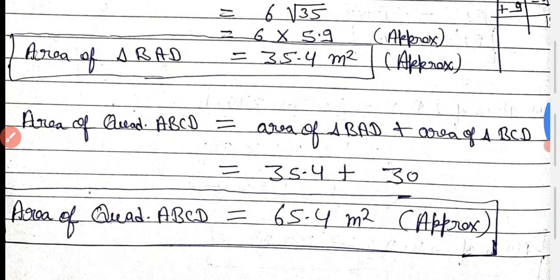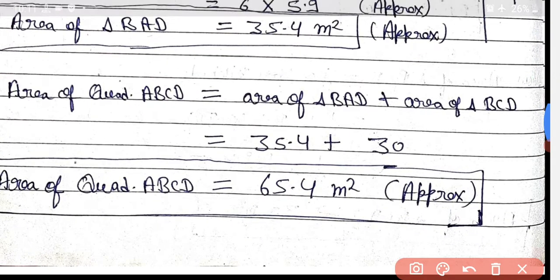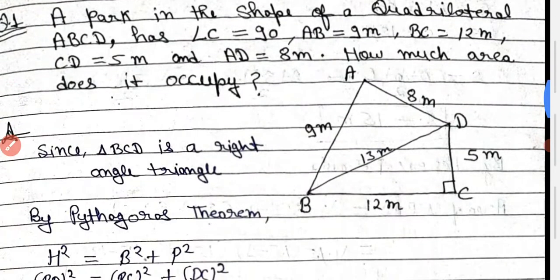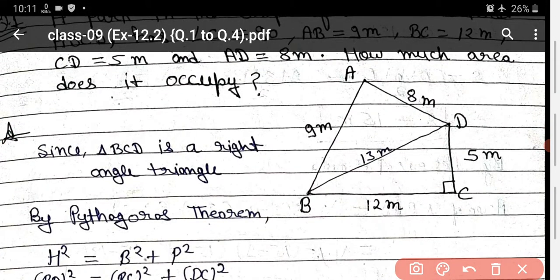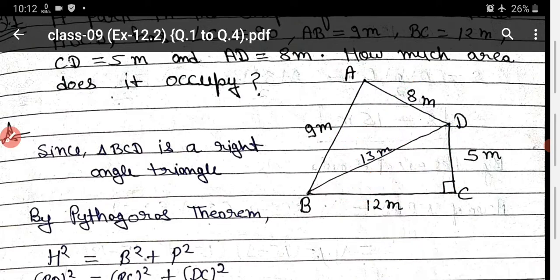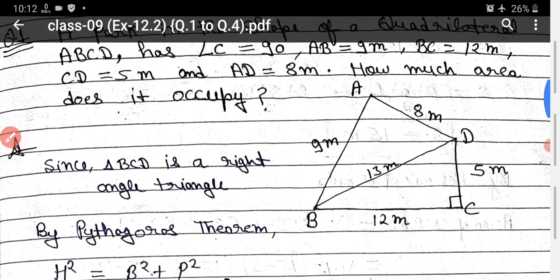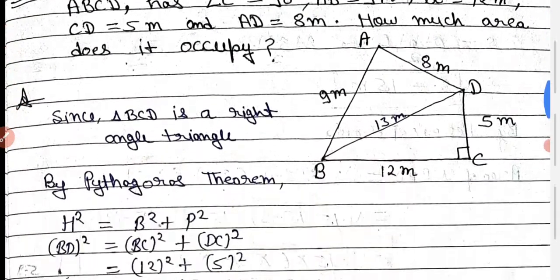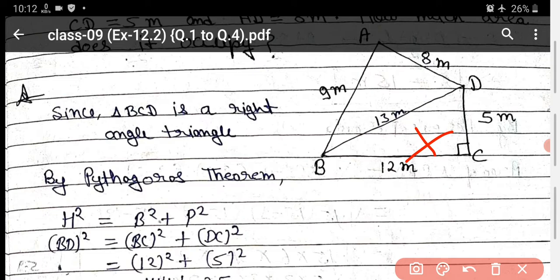Now the area of the quadrilateral ABCD. What is the area of the quadrilateral ABCD? You have to add both the triangles BAD and BCD. I am showing you in the figure how you will get the area of the full quadrilateral. You have to add the area of this triangle and the area of this triangle also. This triangle you find by half into base into height, and this you find by using Heron's formula. So both you find now. Then you add both triangles, BCD and ABD. When you add both triangles, you will get the quadrilateral.